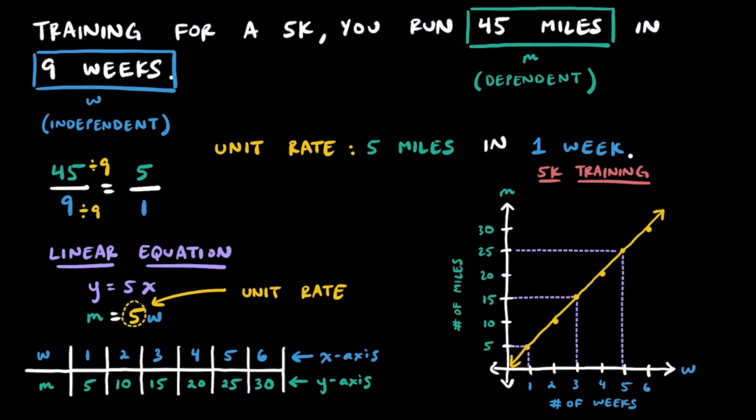Our unit rate is super helpful in that it tells us what our coefficient is in our linear equation, and at the end of the day, all the equivalent ratios or rates are really just ordered pairs that we can plot together. It's important to understand that rates and ratios just represent constant rates of change, and they're related to